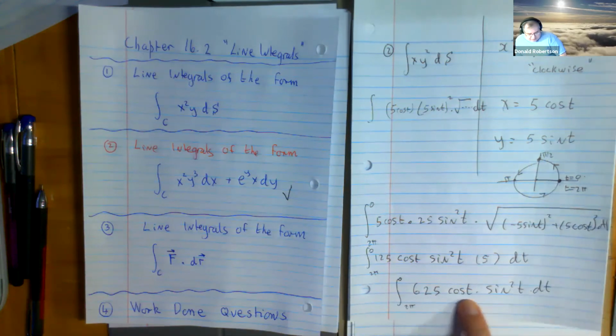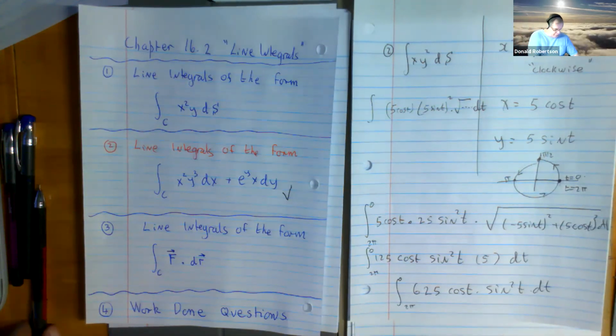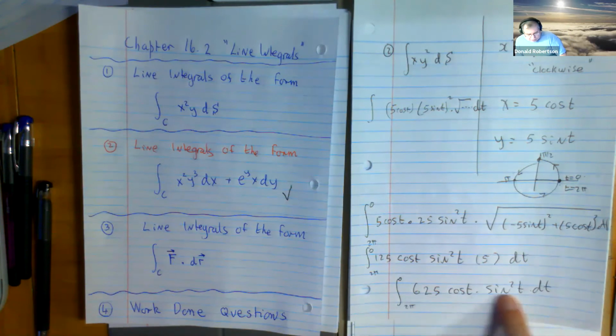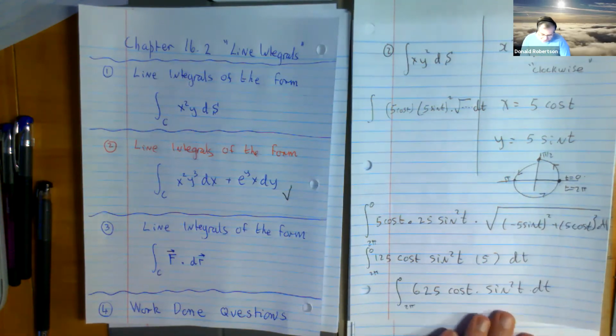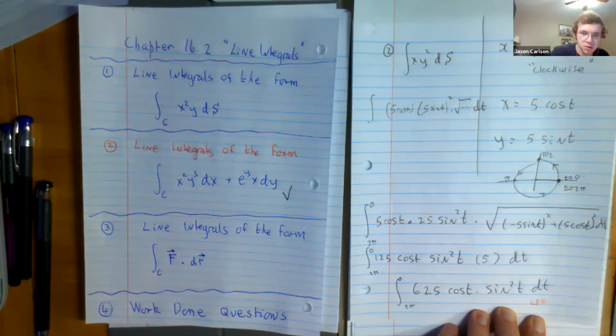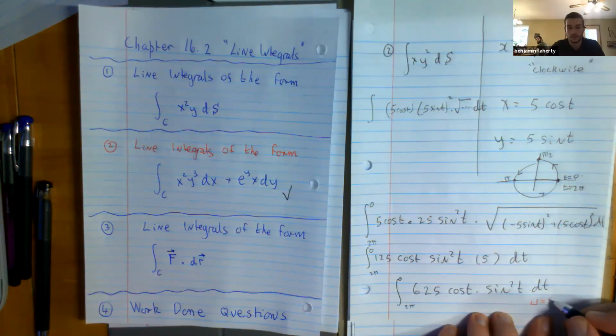I'm going to leave it this way, but can we talk about how you would solve it to finish it off? What would you do to solve this? It's a u sub. And who is the u sub? Sine of t. Okay, so